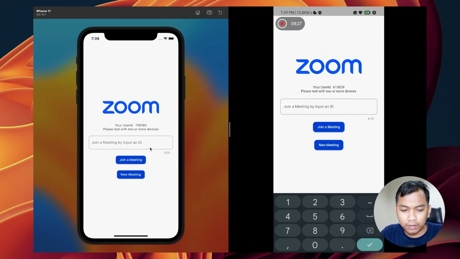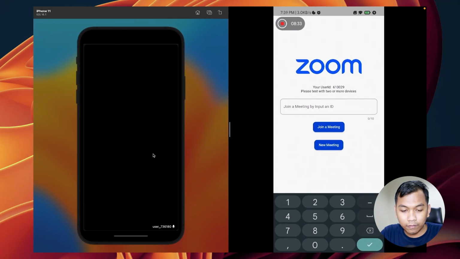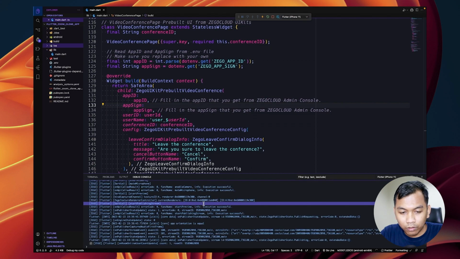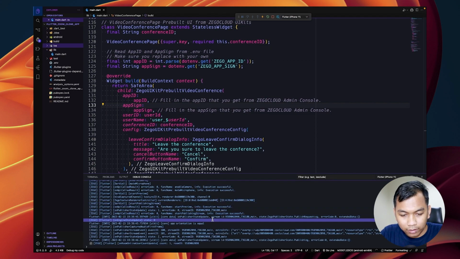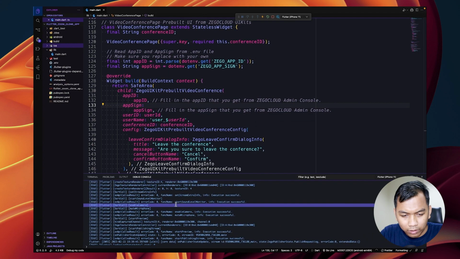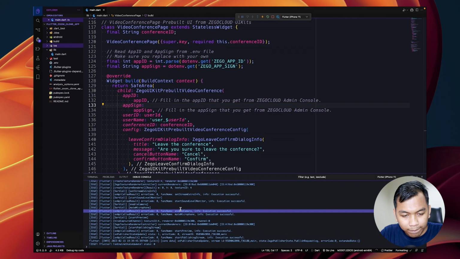Alright, so let's start a new meeting on iOS. And now we will see user underscore user ID. We want to check the meeting ID, which on the console is named room ID.